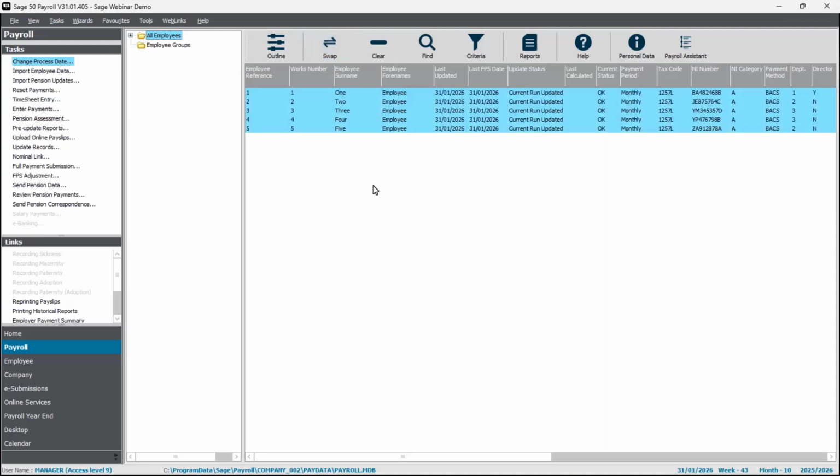So I'll start by selecting my employees. If you do have multiple pay frequencies, you will need to post the nominal link separately for each pay frequency. You would set the process date to the date that you want to post. So usually that would be the current pay date. But I'm going to catch up on some earlier periods that I haven't yet posted. So when I go into the nominal link option,